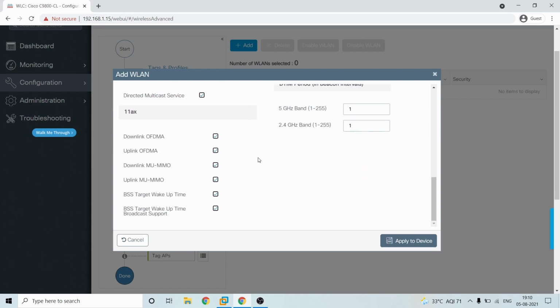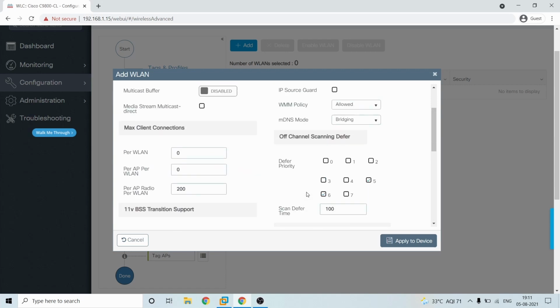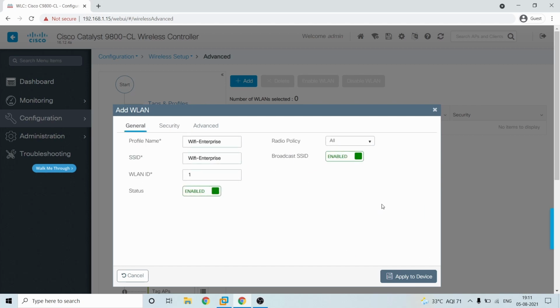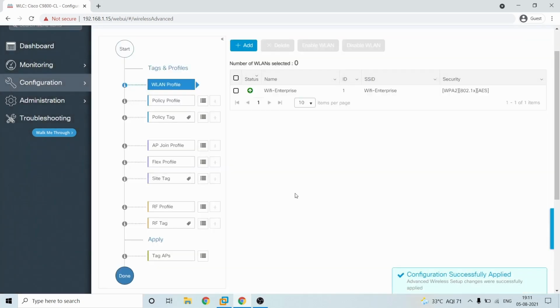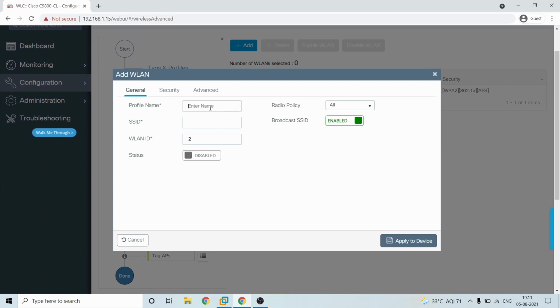OFDMA is, as you know, an advancement in Wi-Fi 6. You can see that as well, and what are the bands available, everything. So once this is done, you'll have to just apply to device. Okay, as I said, we'll be mapping multiple profiles to the policy profile. I'll create another SSID, which is called guest SSID, or I'll mention it as Wi-Fi guest,